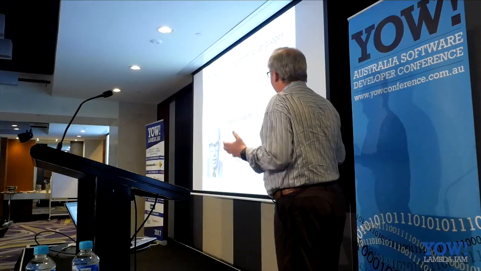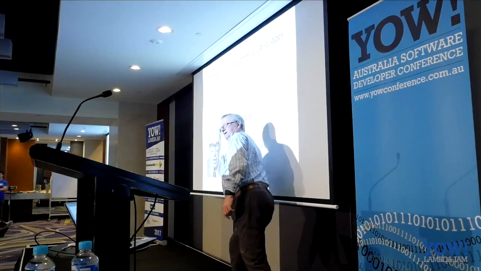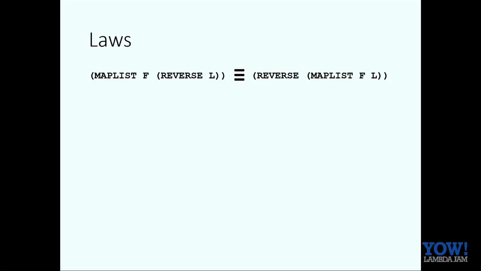Anyway, Landin described his ISWIM language, which has had a huge impact on functional languages ever since. For example, you can see here's the factorial function in ISWIM. Look, there's a where that is nowadays familiar to us in Haskell, for example. But I'm not going to talk so much about the language, but about something else that Landin really emphasized in this paper. And that was what he called laws. What is a law? Well, a law is an equivalence between two programs that tell you that they will behave exactly the same in any context. So you can always replace one side by the other.